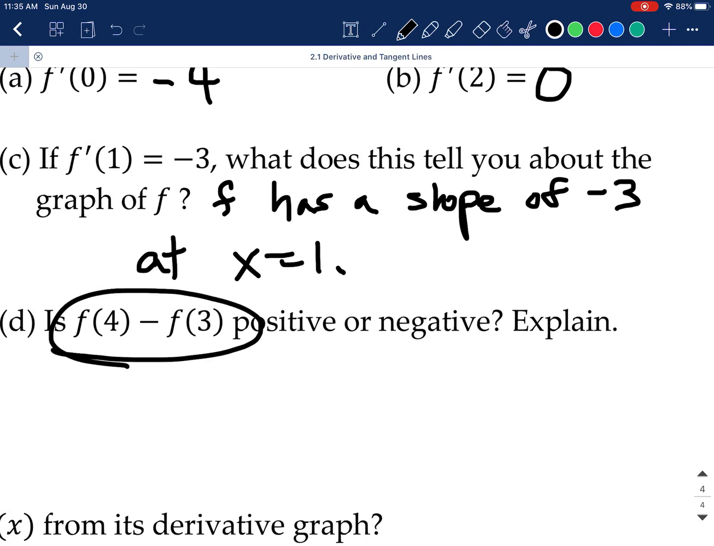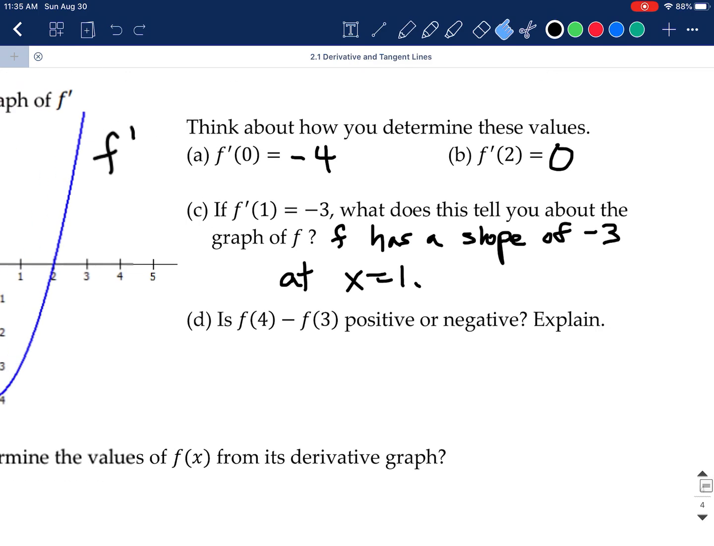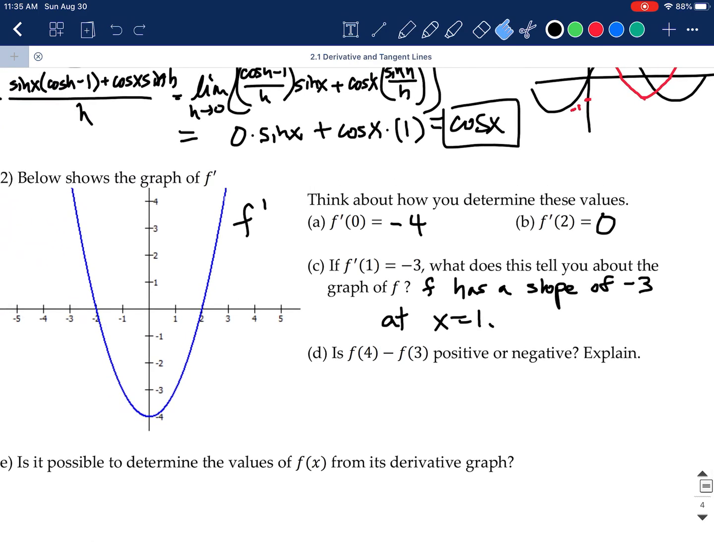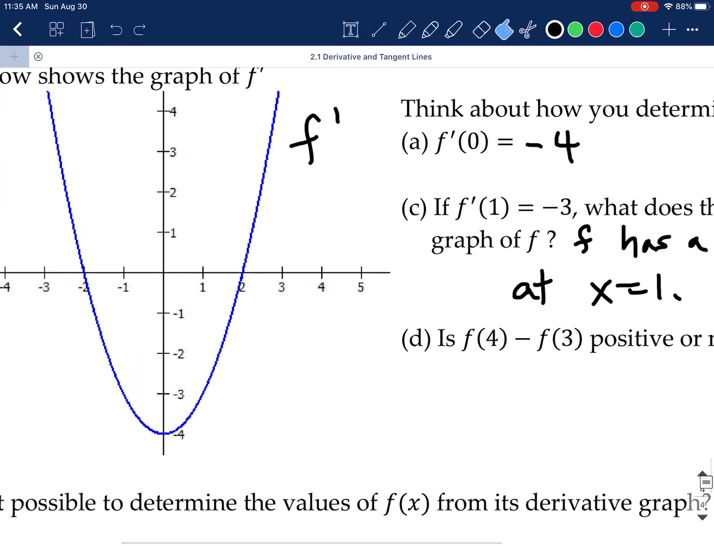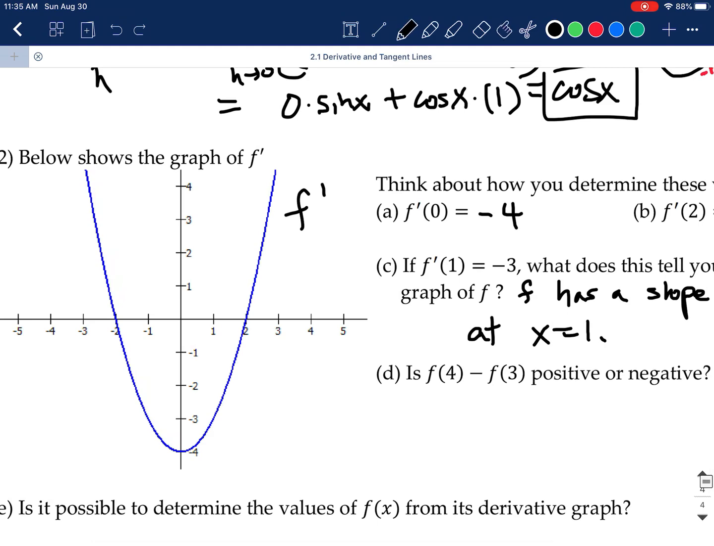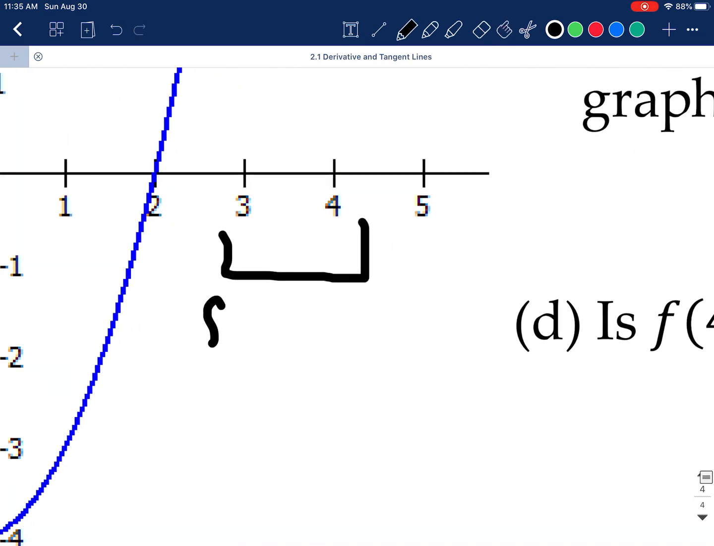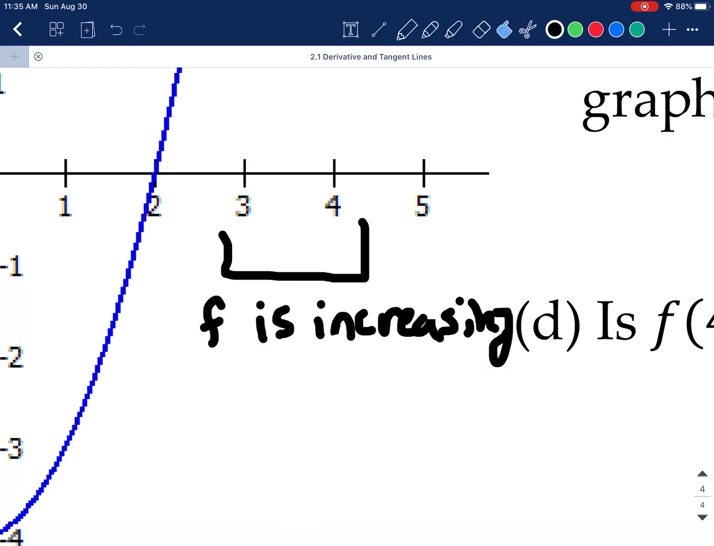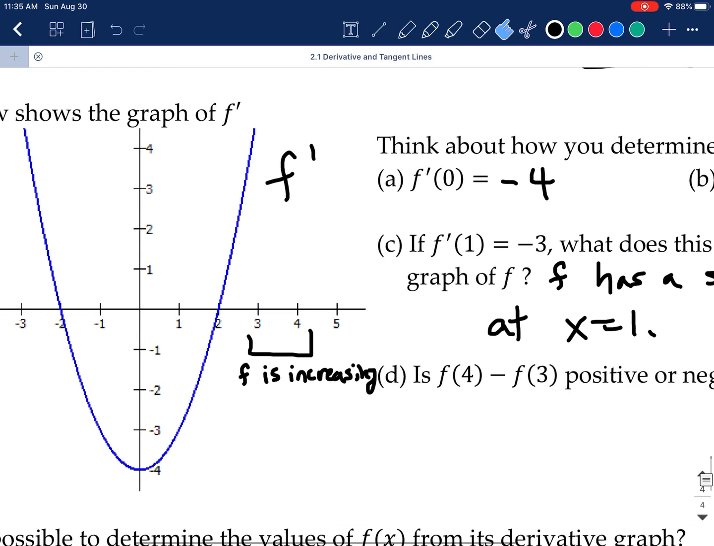And then now we have this fourth question, which is f of 4 minus f of 3, is it positive or negative? Right, so if we look at our two values here, at 4 and at 3, so 3 to 4 is here. So we can clearly see that our graph is above the y-axis, which means the slope is positive. And if the slope is positive, that means on the interval 3, 4, f is increasing. Right? It's got positive slope, which means as we move left to right, the y values are getting bigger,